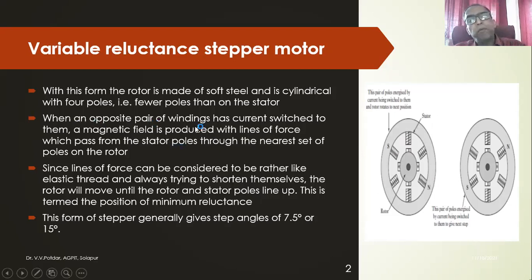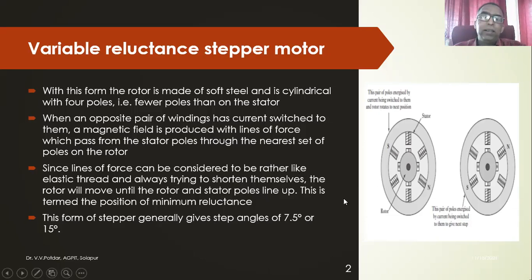When an opposite pair of windings has current switched to them, a magnetic field is produced with lines of force which pass from the stator poles through the nearest set of poles on the rotor. A magnetic field is set up between this pair of poles, and the stator poles will be intercepting this magnetic field. Since lines of force can be considered rather like elastic thread, always trying to shorten themselves, the rotor will move until the rotor and stator poles line up.